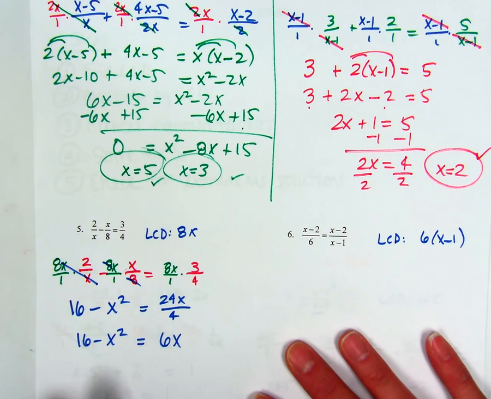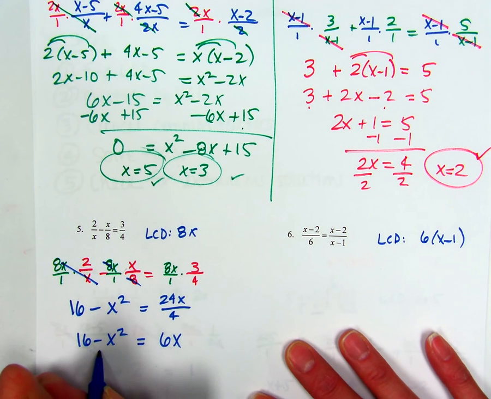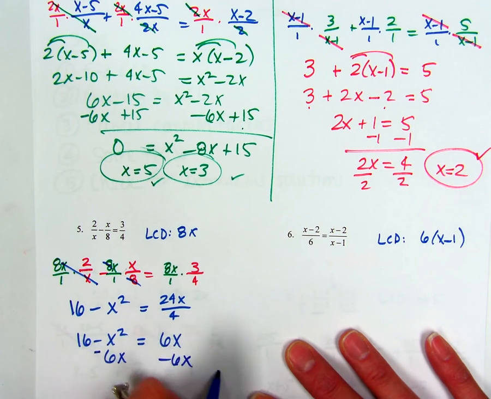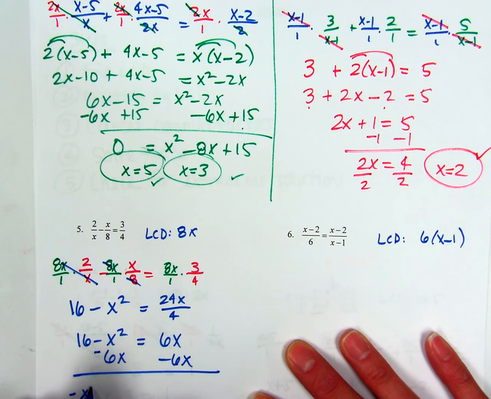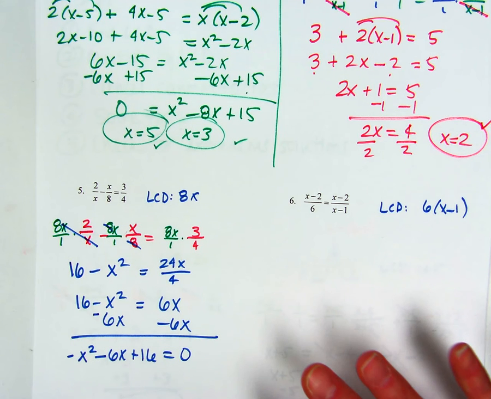All right, so now I'm going to move everything to one side. I'm going to just subtract my 6x, so I get negative x squared minus 6x plus 16 equals 0. And then I'm going to use my quadratic formula program again. So a is negative 1, b is